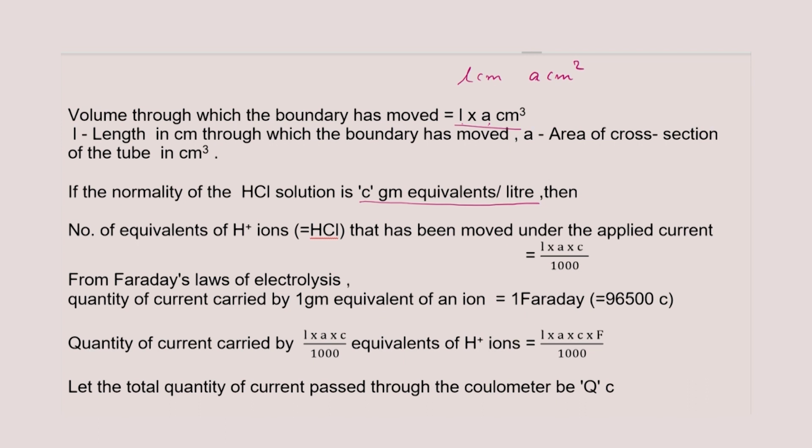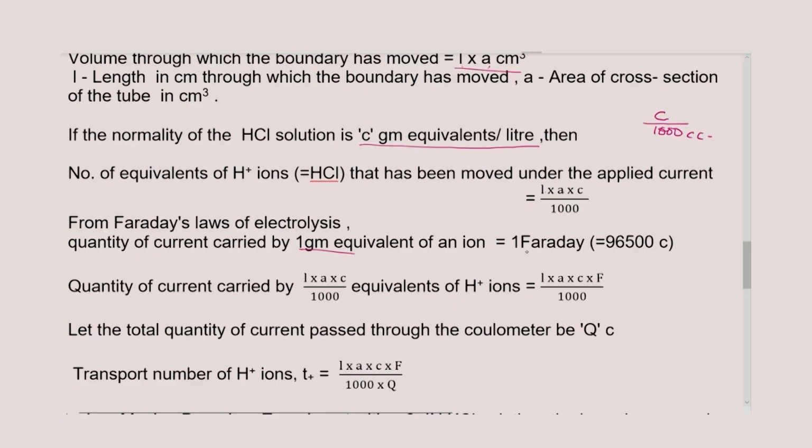Therefore, the number of equivalents will be L into A, that is the volume, into C by 1000. That is because C by 1000 is the number of equivalents per cc, multiplied by the volume in cc through which